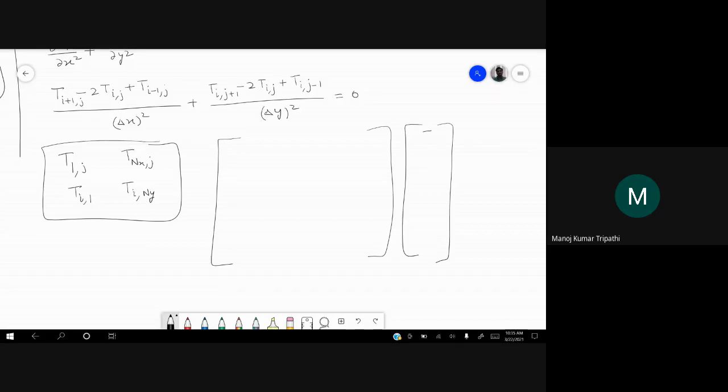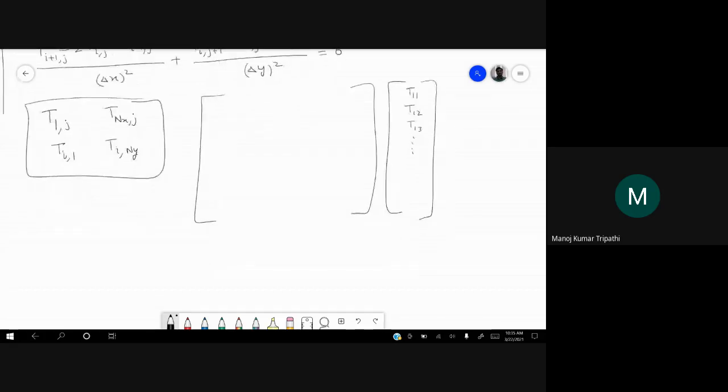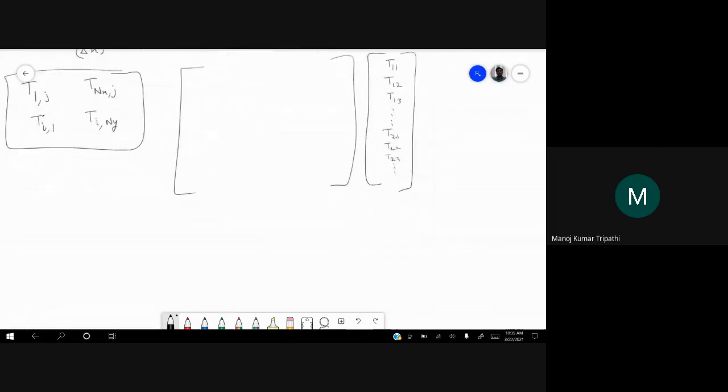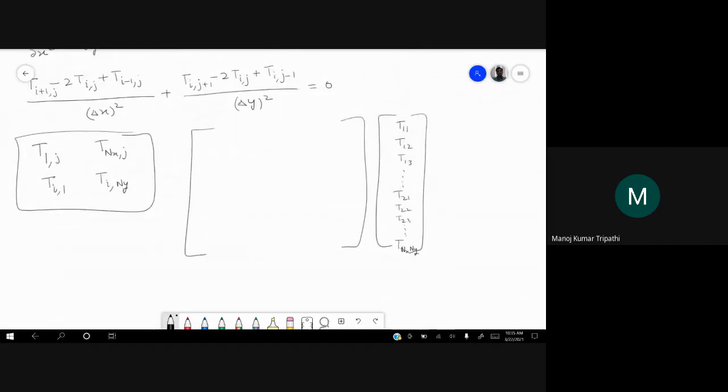Let us write here T11, T12, T13 and so on. Then T21, T22, T23 and so on up to T(nx,ny). And let us write the coefficients in the left hand side.